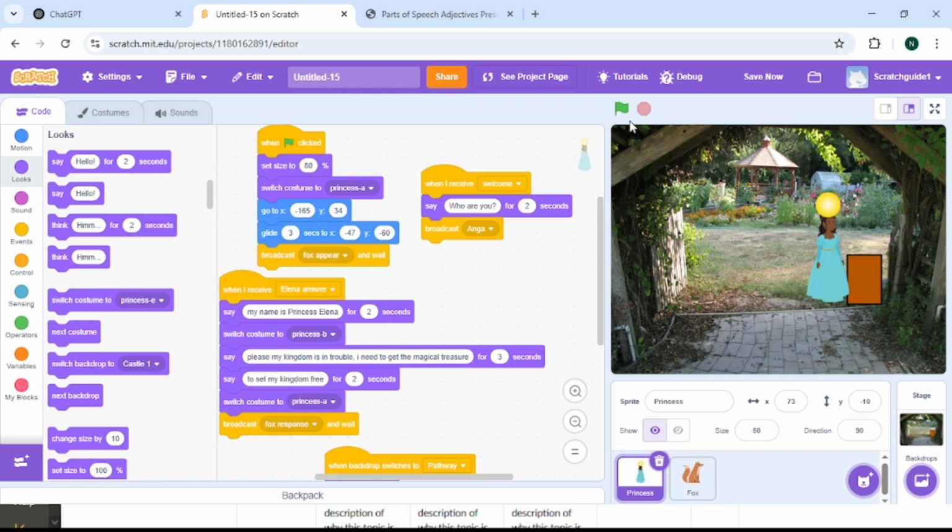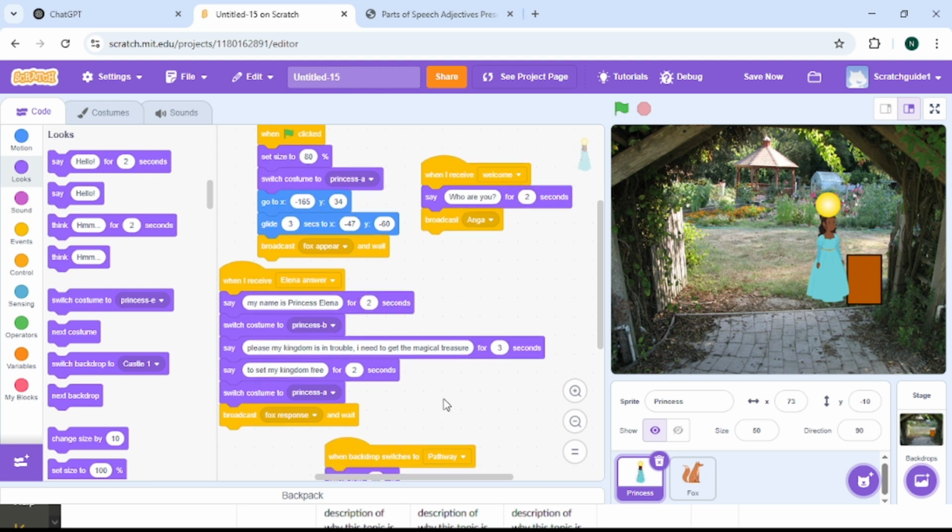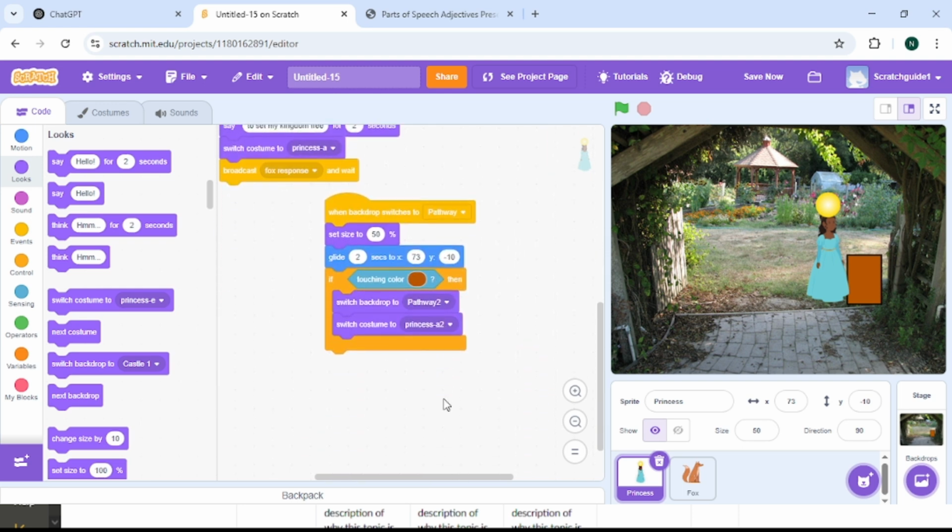Okay, and the princess came. Now she carried the crystal. Then she's going to say something. When she's done carrying the crystal, she'll say,